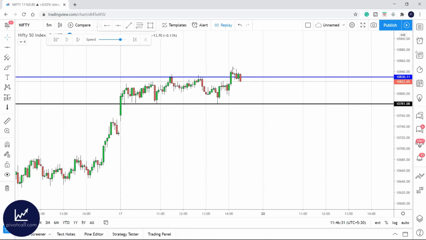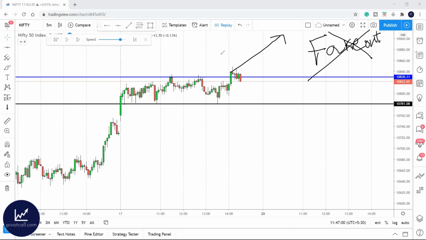I told you that the chances of an explosive move become higher. It didn't happen. What happened? Price started coming down. If you are a breakout trader, what happens? You will panic and think, oh, this trade is failing, I'll book my loss. Or I spoke about the fake out, right? Fake out means the breakout fails. Has the breakout failed here? It didn't fail. It's not a fake out.